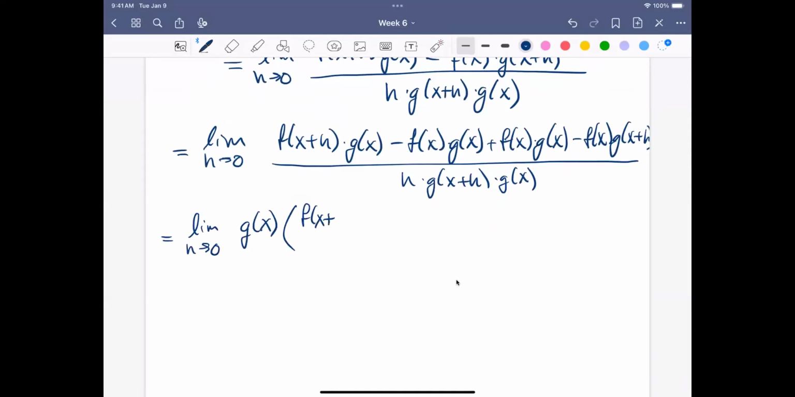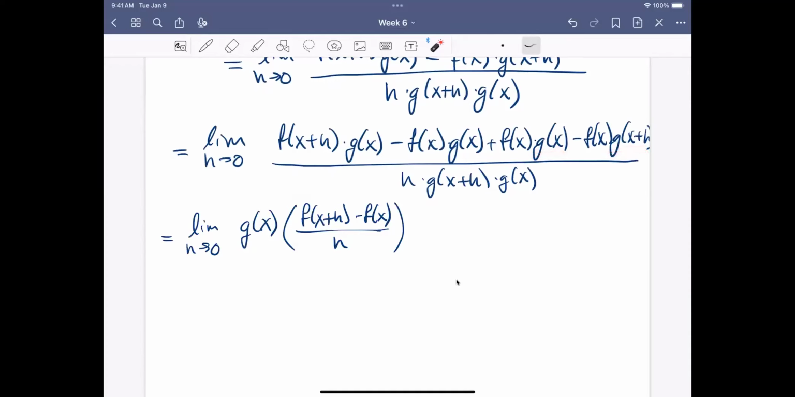I have an f of x plus h minus an f of x. I'm actually going to pull the h up from the denominator as well to there. And then in my second two terms, you can see I have an f of x in common. Okay, there we go. Now you may notice I was looking at this, I have a positive g of x